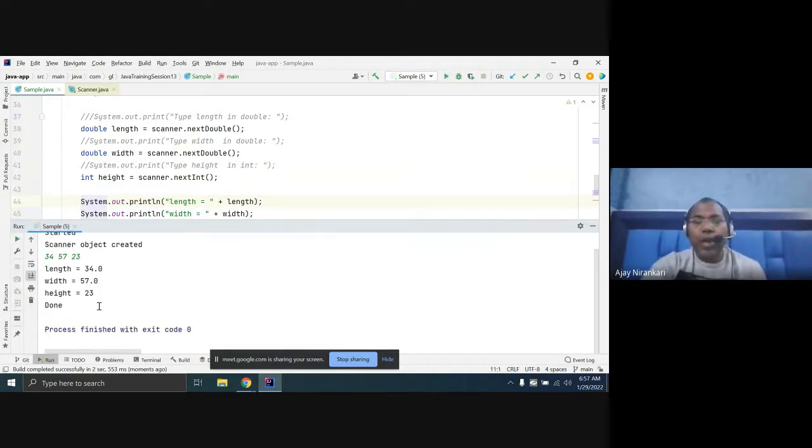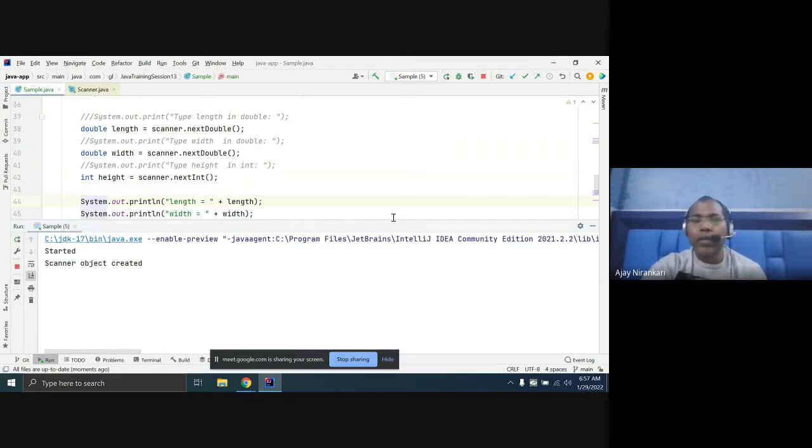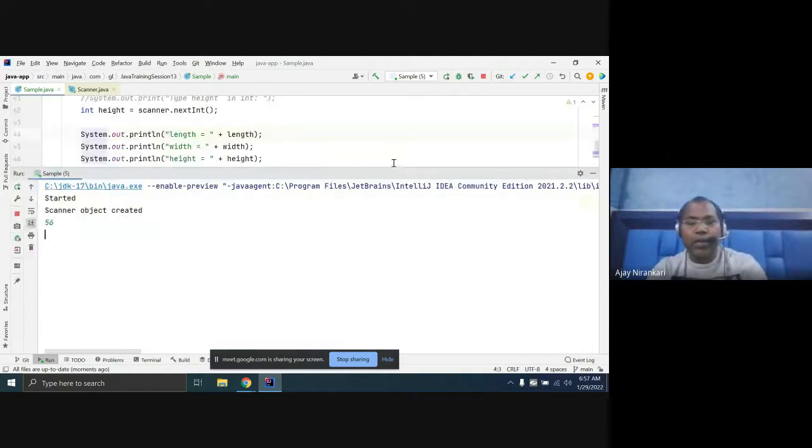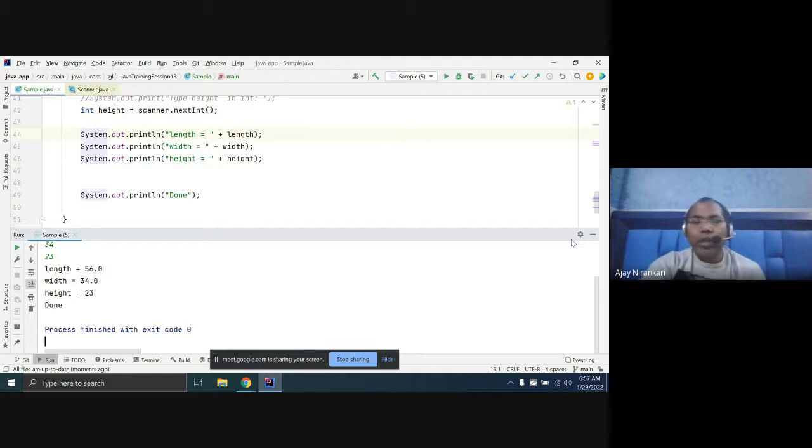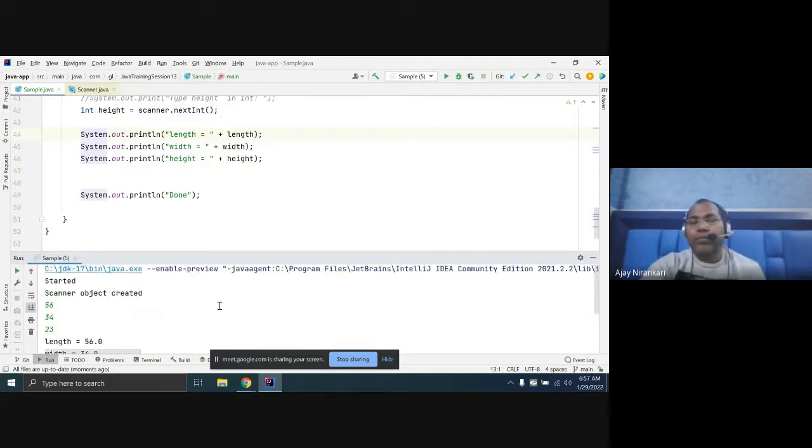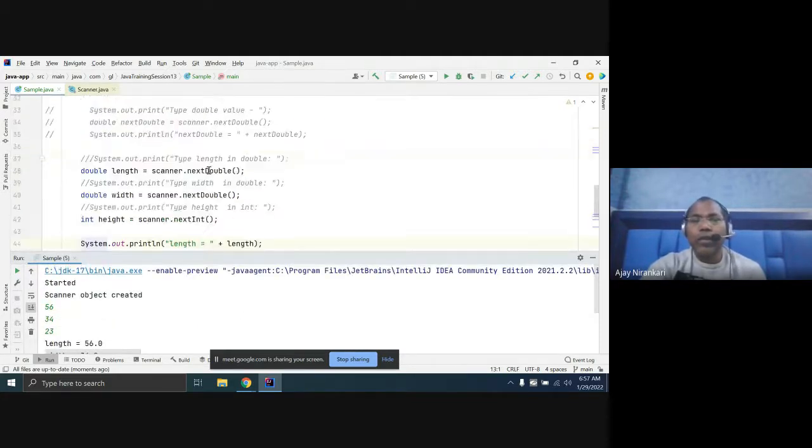So you don't know whether to write with a space or with an enter. First I type this and enter, then again type this and enter, then again type this and enter, and the output comes. So this is some confusion while running the program. Here you have written next, which means you are expecting three tokens. Maybe you can give input in three different lines or give three inputs separated by spaces.